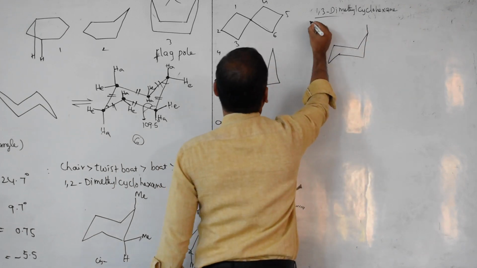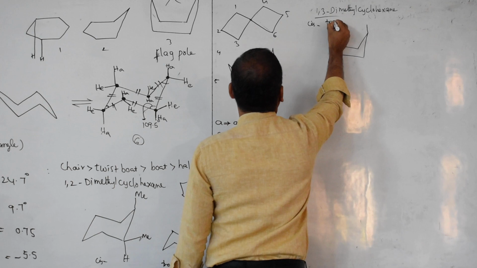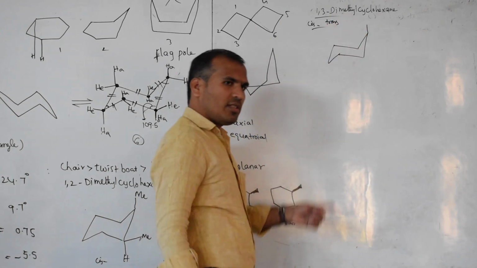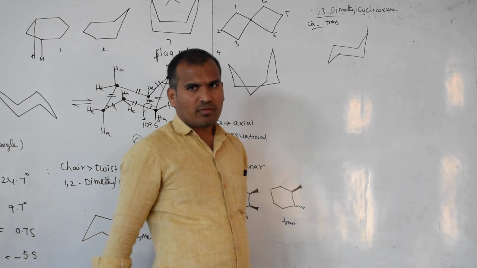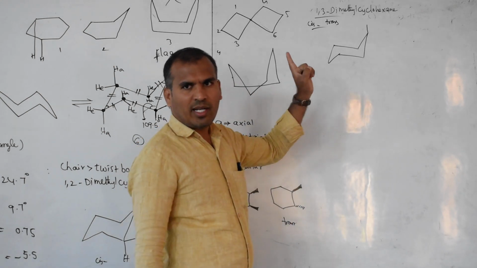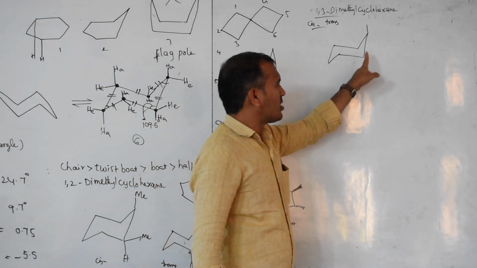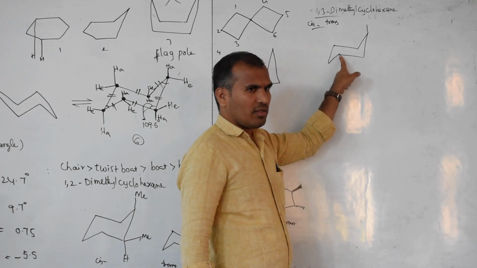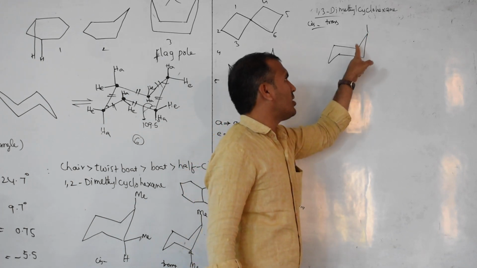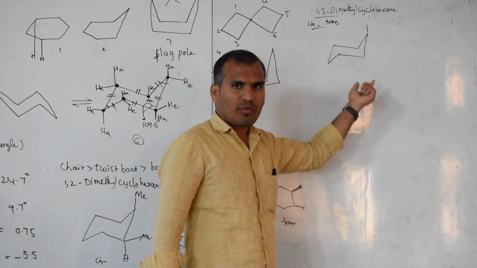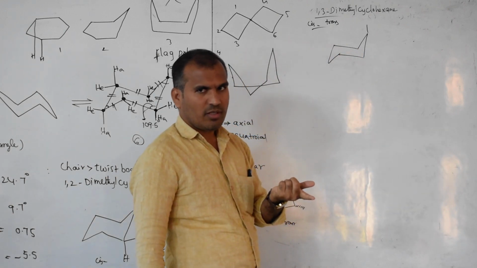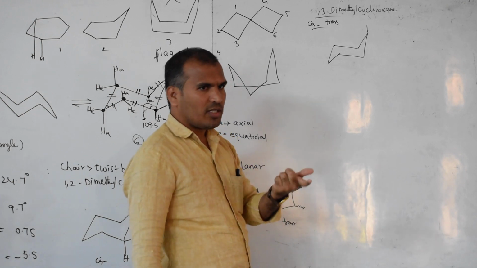Now here cis also we have to draw. Another is trans also we have to draw. One cis form and then trans form. Can you tell at which position the methyl group should be present? 1 and 3. If I get this 1, this is 2, then this will be which one? 3. Otherwise this is 1, this is which one? Then where you want, back carbon or front carbon? That is your choice, because when you draw the structure, that is your choice.